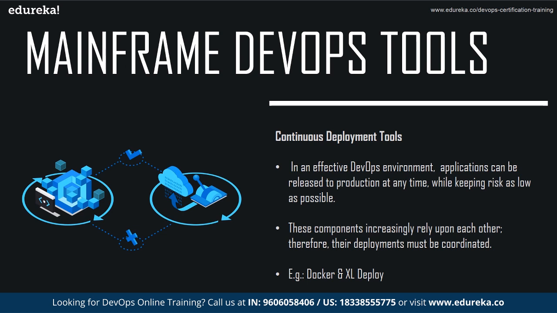Now that you have reached a point where your mainframe code is being developed faster, it needs to link with the distributed components delivery as well. So these components increasingly rely upon each other, and therefore their deployments must be coordinated. Having one dashboard, one place to manage these deploys, even though they are on different platforms, becomes extremely crucial. Here you have Excel deploy and release, which allow you to automate and standardize complex deployments in cloud, container, and